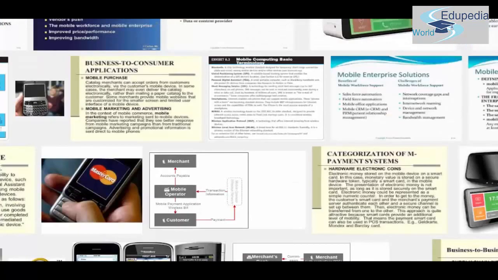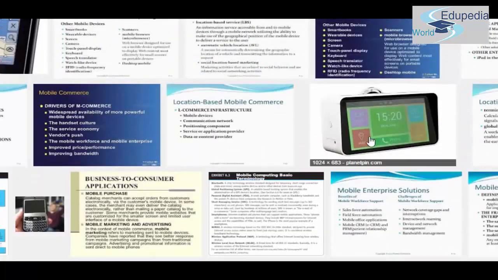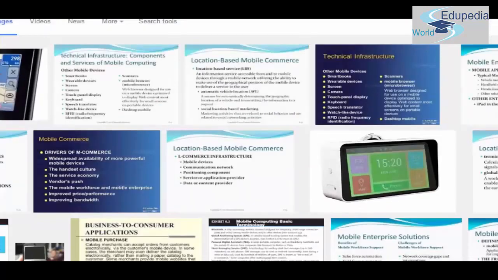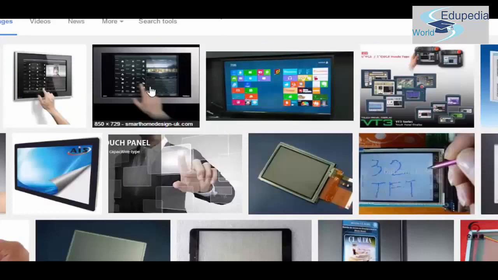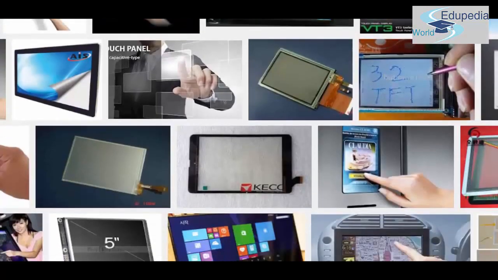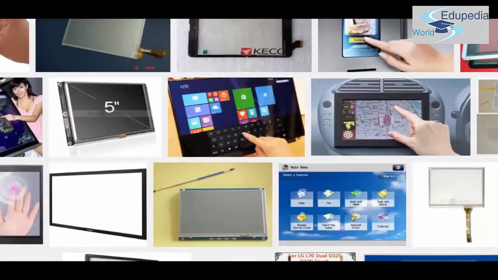You can see them on a clock, any kind of clock, or you could see them in a GPS system. Many advantages of having such kind of devices. They're similar to touch panel display. This is a smart home design, and all of these encourage mobile commerce. They provide plenty of opportunities for mobile commerce.